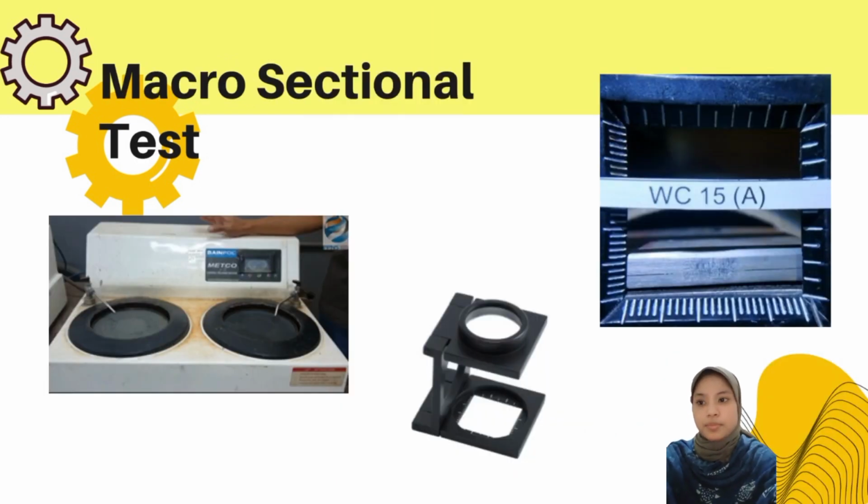And then macro-section tests are carried out on cross sections, longitudinal sections, as an independent test to evaluate surface conditions, or as a next step of other tests to evaluate the effect that occur and form on the cut surface, at least then